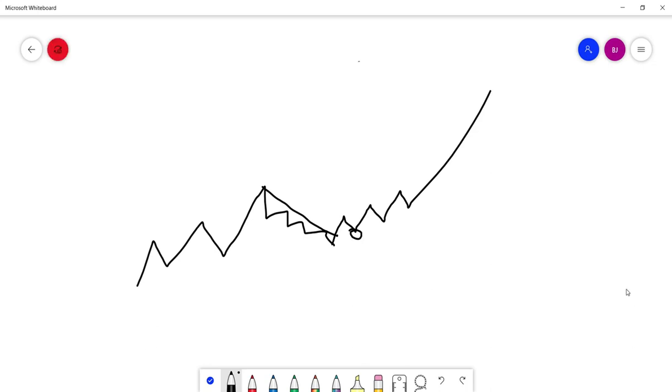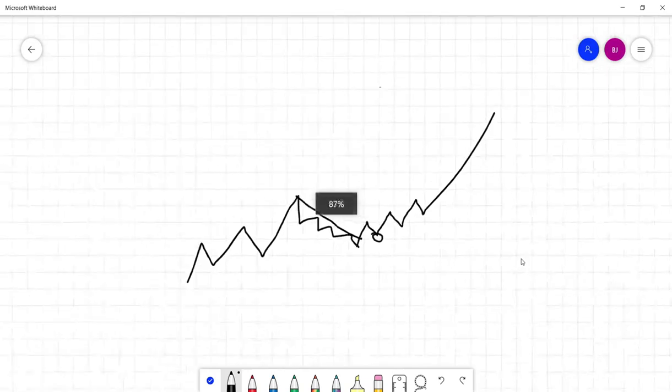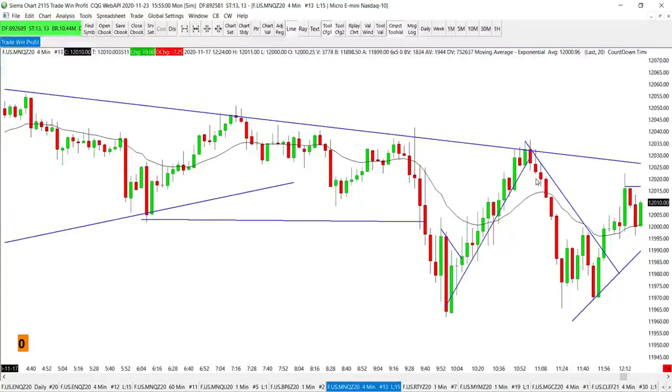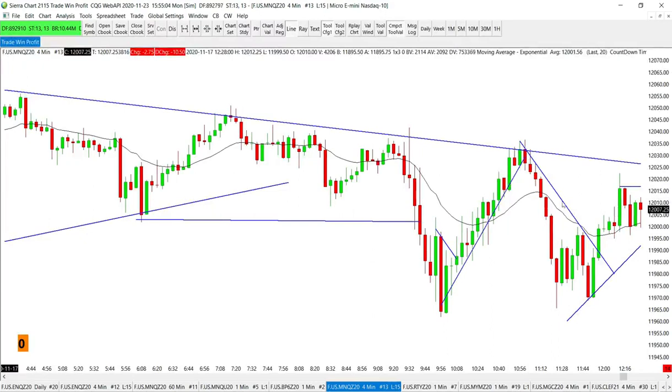So I'm going to show you guys some examples when it comes to that. Okay, so basically we have this trend line break right here, and as soon as price breaks this trend line, you want to basically go to the 1 minute, and also we have this break right here, this trend line break. Okay, now when it comes to trend line breaks, guys, for the most part, I want at least 2